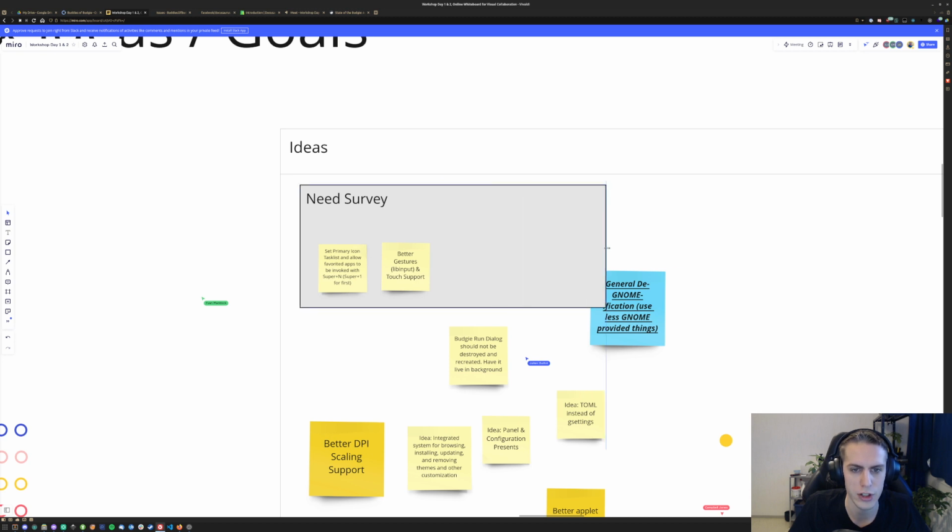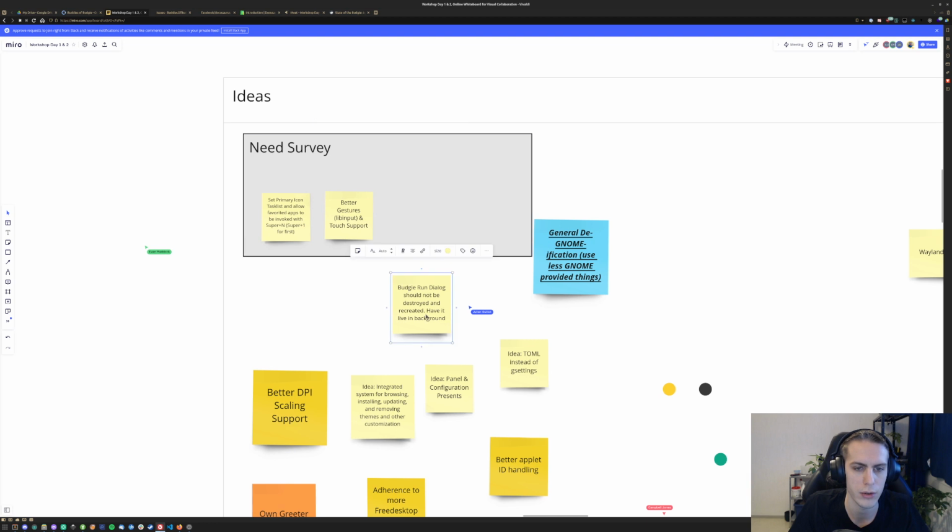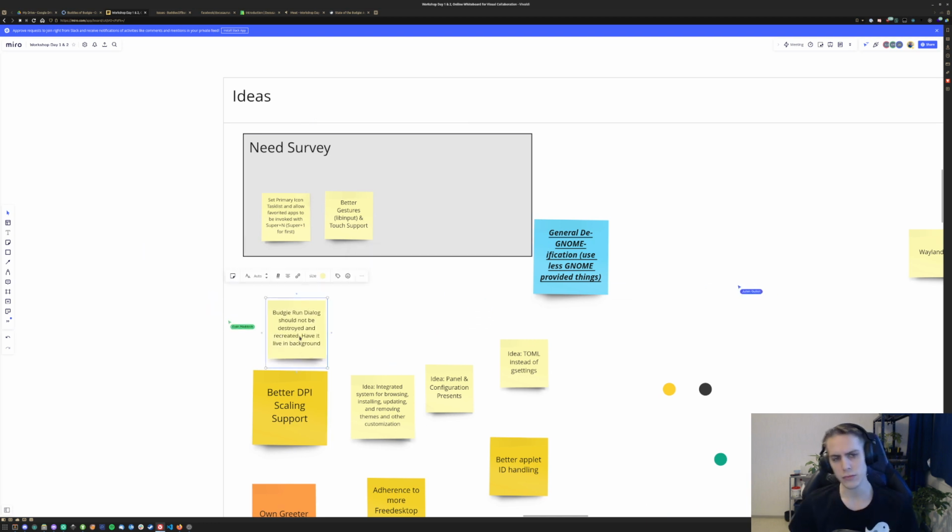Okay. Budgie run dialog should not be destroyed and recreated. Have it live in background. I feel like this is something that could, in theory, be trivial or not that complicated to have, because basically it requires us just not to destroy it and then make sure the window is hidden instead of destroyed when it's not in use. And using stuff like skip task list and all that, we could hide it from task list and alt tab and that sort of stuff. I feel like this is something we could have